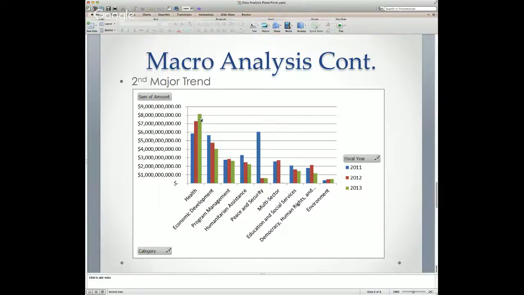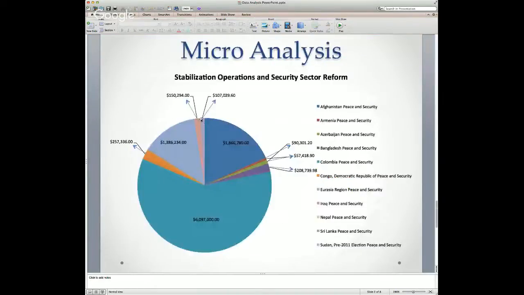Now I want to jump to my microanalysis. So after finding out the major trends in the data, I decided to dig a little deeper, and I was able to see the peak spending years of 2011 to 2013. Now I wanted to look at the drop-off in 2014. So I decided to look at really one subcategory in particular. I looked at stabilization operations and security sector reform,